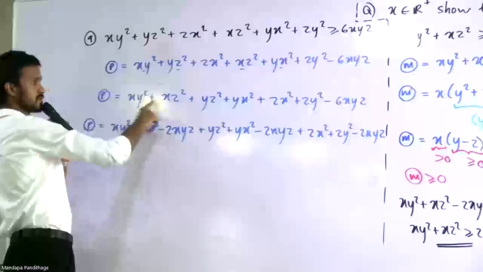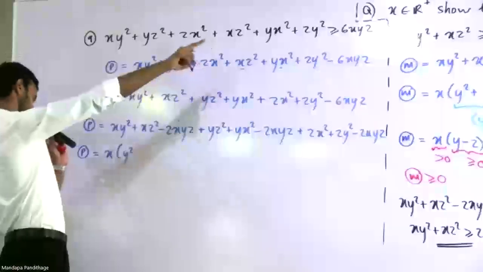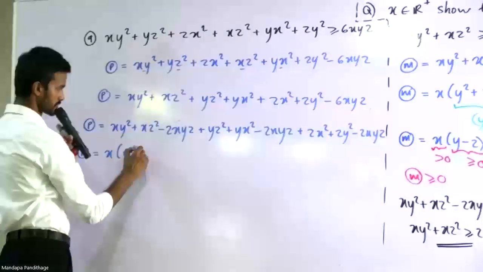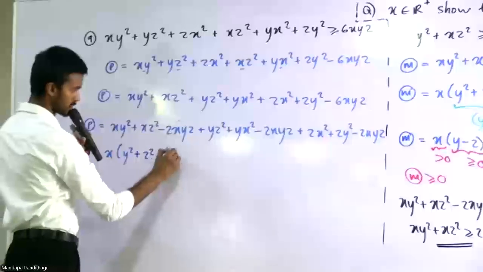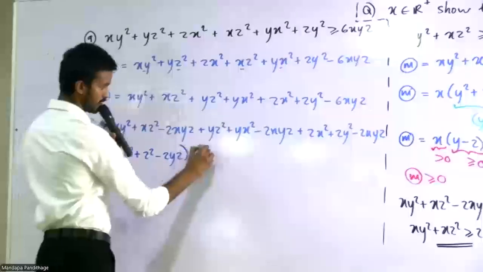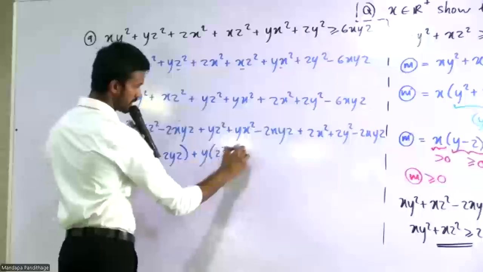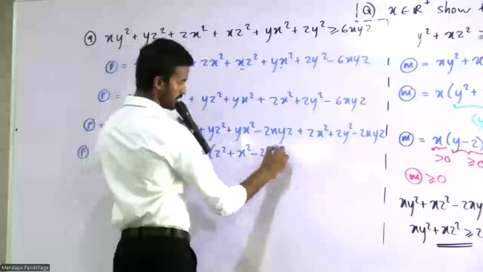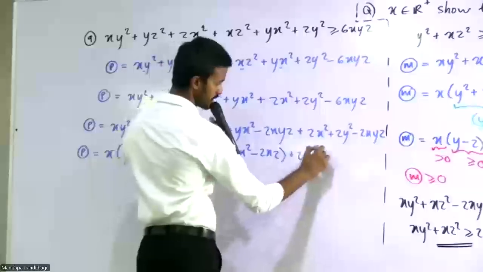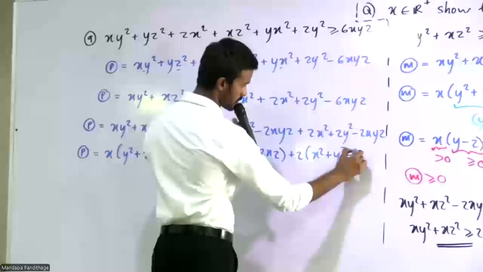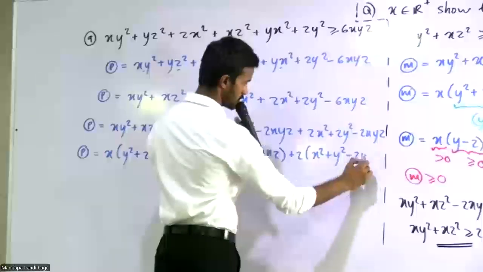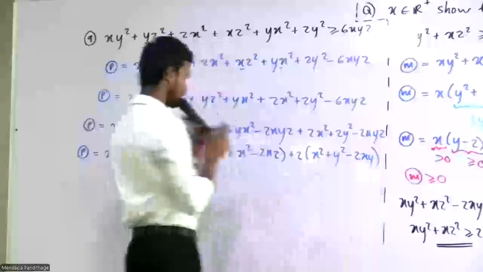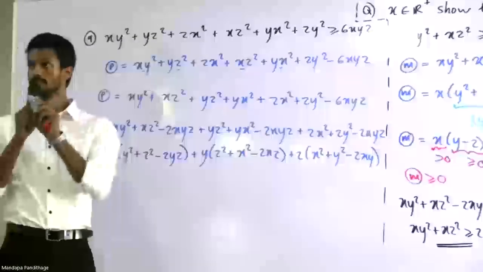know with these two terms, if I have that minus 2xy, I can directly write this. x(y squared plus z squared minus 2yz). If I take a y out, z squared, x squared minus 2xz. If I take a z out, x squared plus y squared minus 2xy. Clear? Okay, so then this becomes